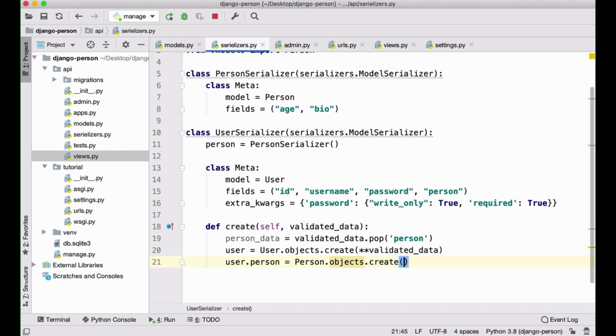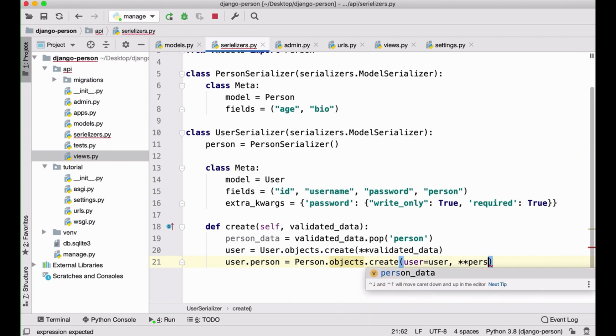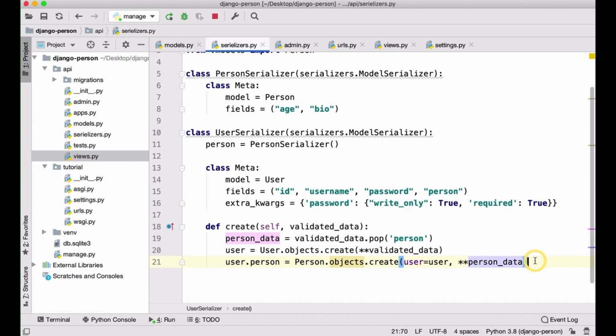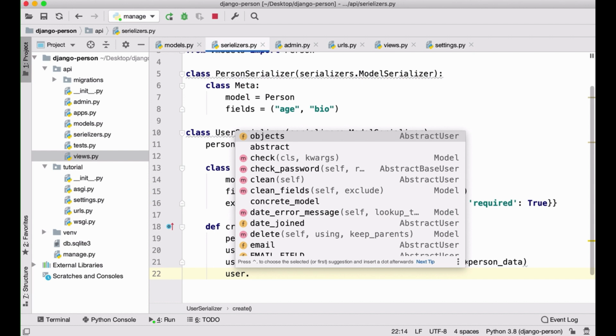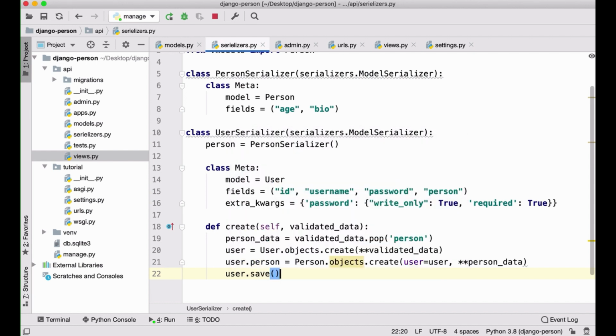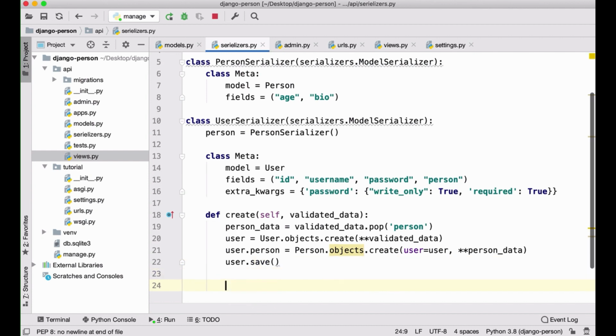And then what I can do is attach a user, my user, and also do all the data from person data. So what I'm trying to do is create two objects at the same time. So I will save it, and we have it here. At the end I can do return